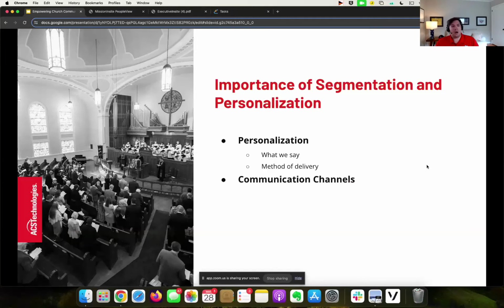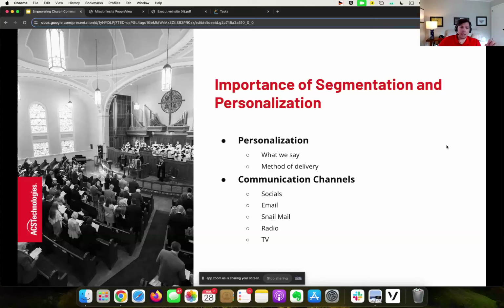And so when we think about method of delivery, we've got different communication channels. You guys have social media, you have emails, you have snail mail, and then these last two are a little bit less relevant to the church, capital C church. Not many of us do things on radio and TV, but all of these are just different avenues and channels to get your message to a specific audience. And of course, who the audience is going to determine what channel you use and leverage to reach out. So this is a really big one.